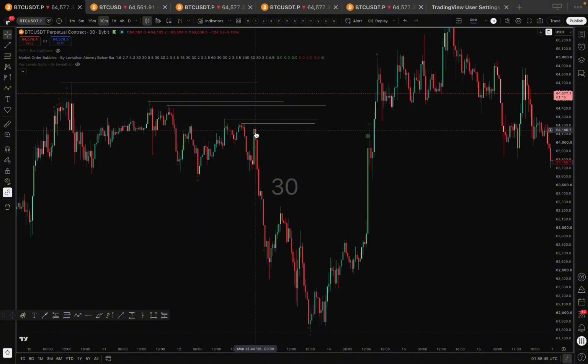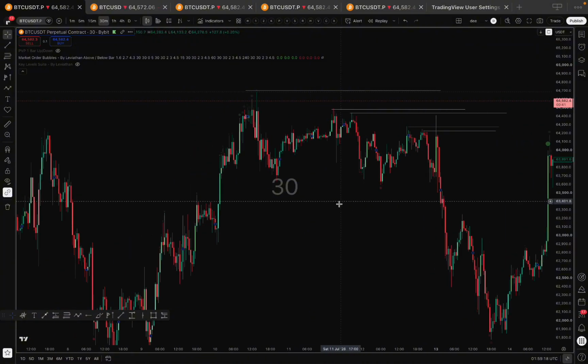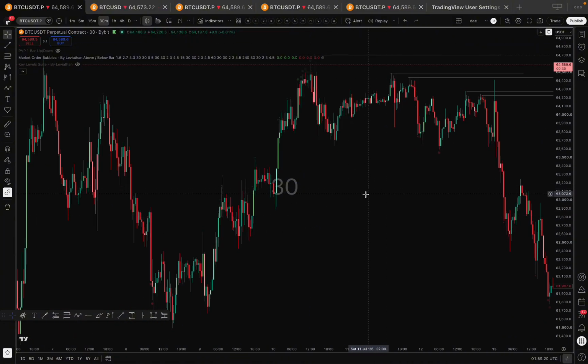You could see the market took this high and this high. It failed to reach this point, the ultimate high at this level. It took these two internal highs, then it sold. So there's no guarantee that the market will get all the way to this point before selling. The market might just take 1 or 2 highs, a series of internal highs. So whenever the market takes at least 1 or 2 highs in a row, you are expecting maybe a reaction in the market. These are a series of internal highs.